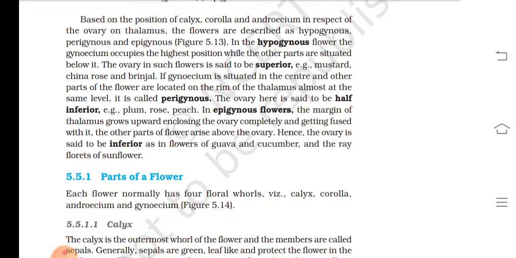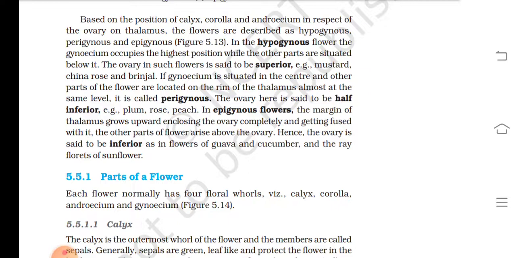gynoecium is situated in the center and the other parts of the flower are located on the rim of the thalamus almost at the same level, it is called perigynous. The ovary here is said to be half inferior. Example: plum, rose, peach. In epigynous flower, the margin of thalamus grows upward, enclosing the ovary completely and getting fused